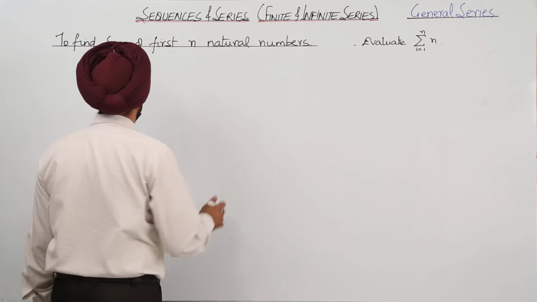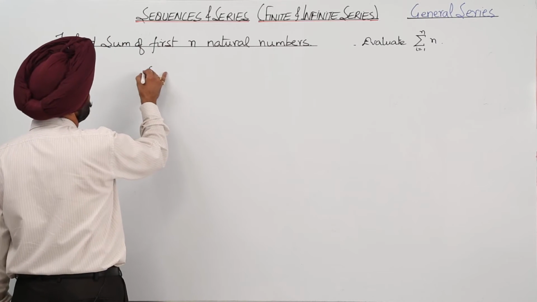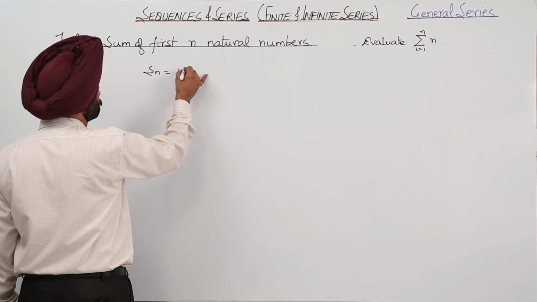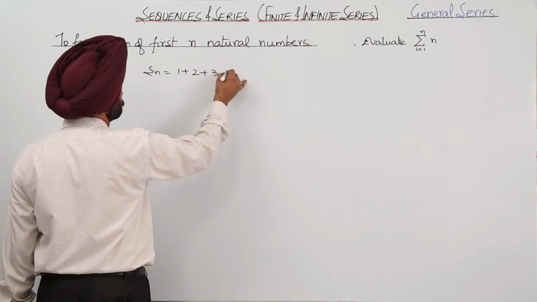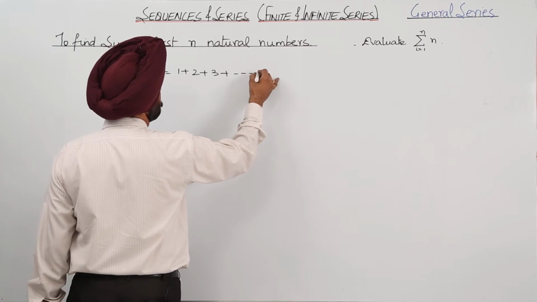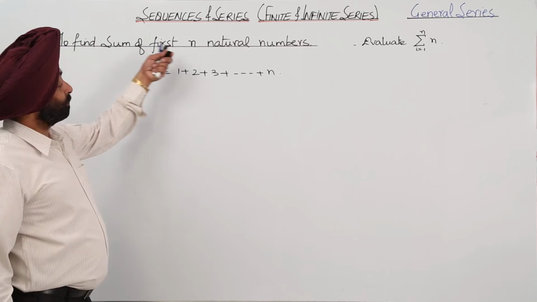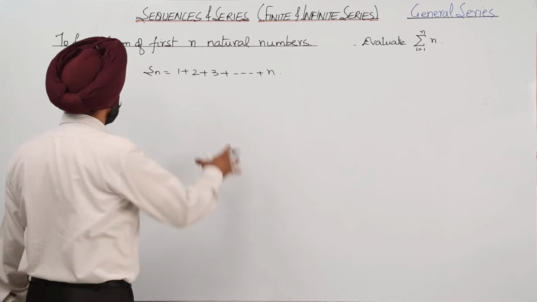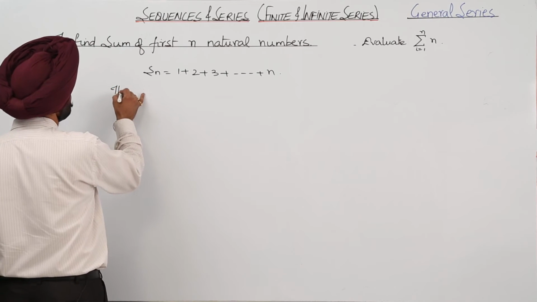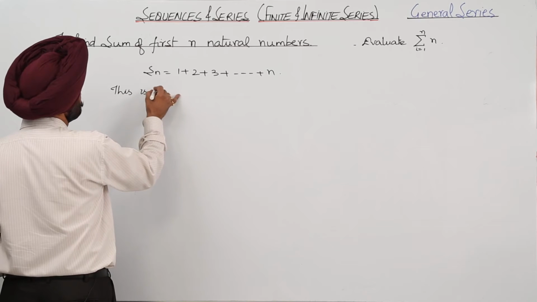Okay. So now Sn is equal to 1 plus 2 plus 3 plus up to n terms, sum of first n natural numbers. Okay, now this is an